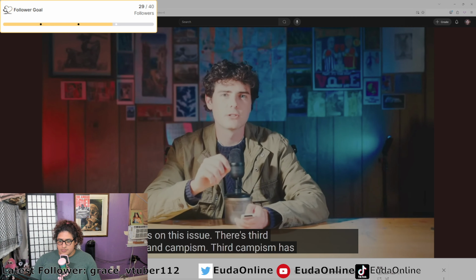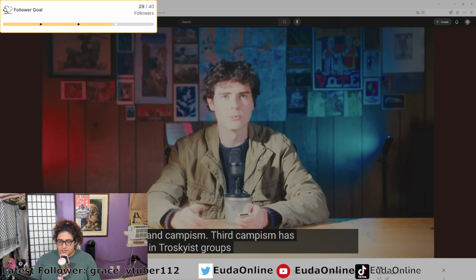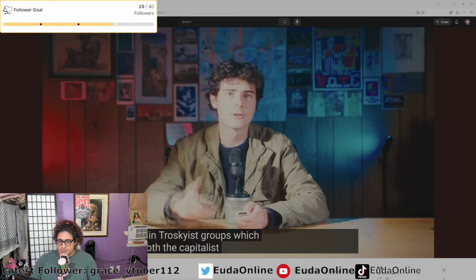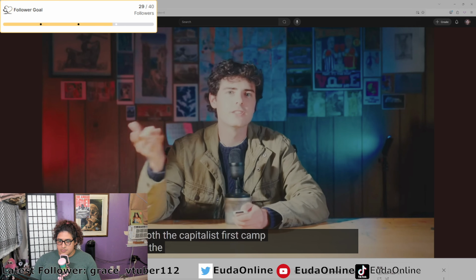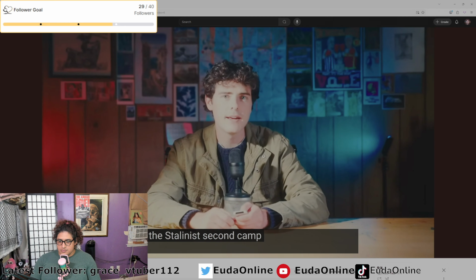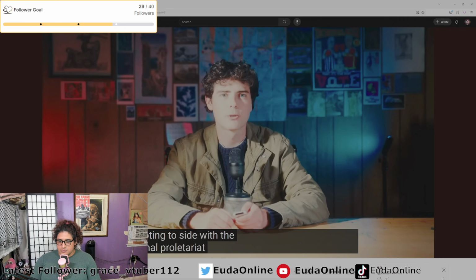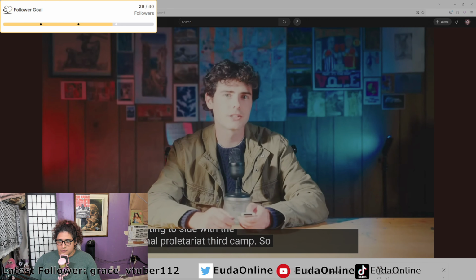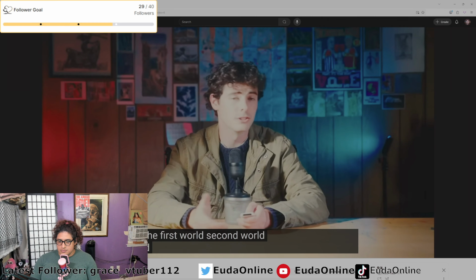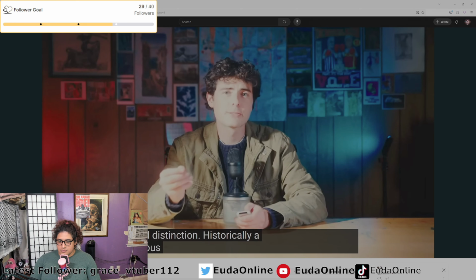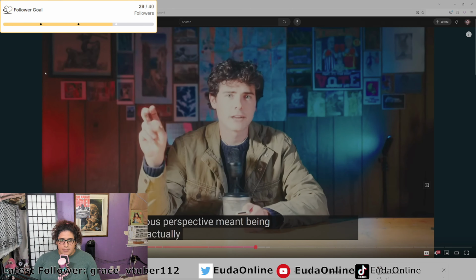Third campism has its origins in Trotskyist groups, which rejected both the capitalist first camp as well as the Stalinist second camp, instead opting to side with the international proletariat third camp. So basically the first world, second world, third world distinction. Historically, a third campist perspective meant being critical of actually existing socialist